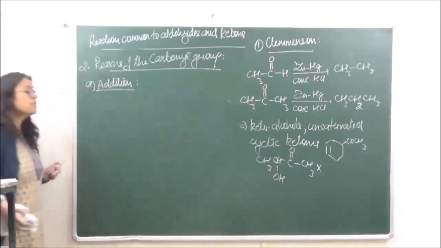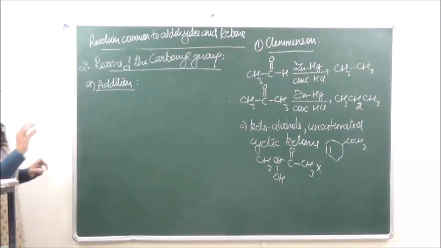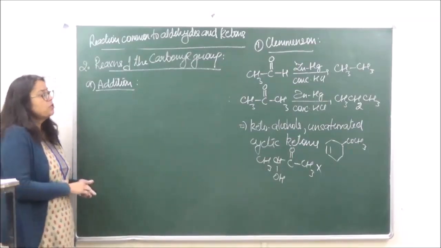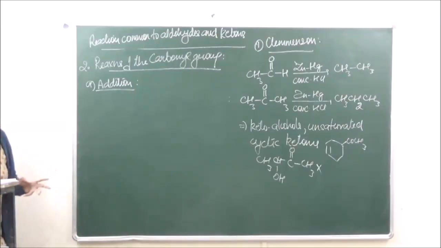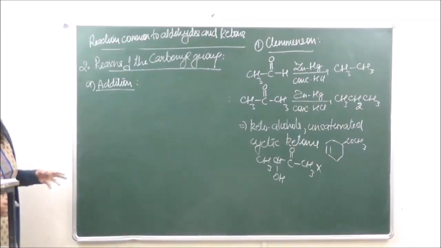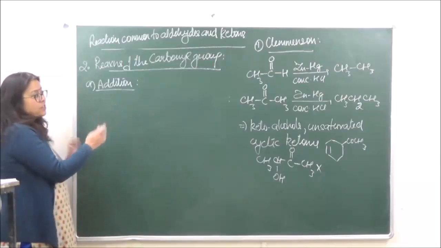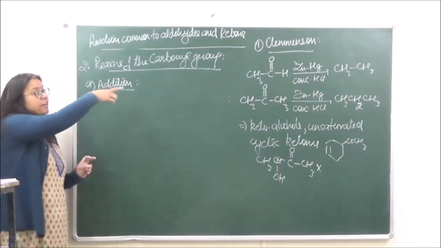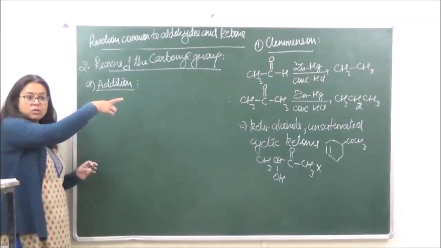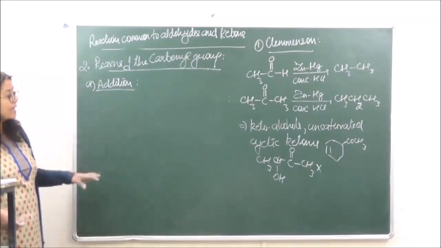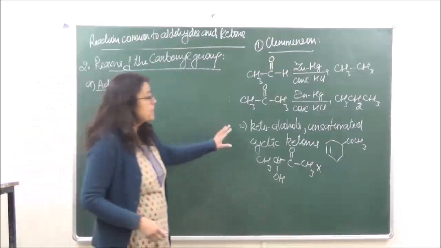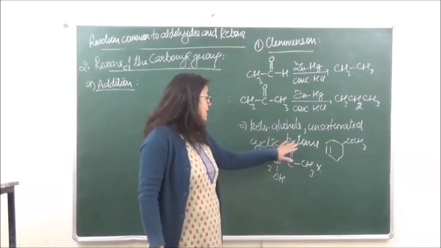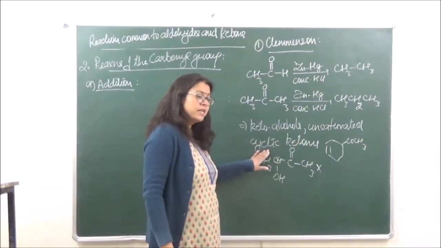See, now when you go to sit for your competitions, you are not going to get very simple kinds of reactions. You are going to get complicated reactions. Over here, we are using the same reagent for the following reactions, but we are using a different compound. The reactant is different. So as we have mentioned, in Clemmensen reduction we cannot do the reduction of keto alcohols or unsaturated cyclic ketones.